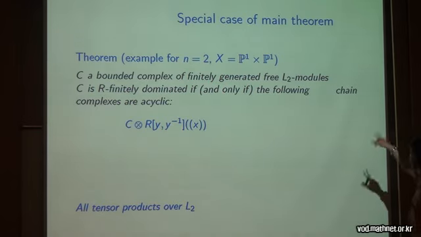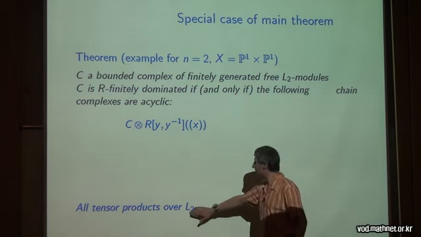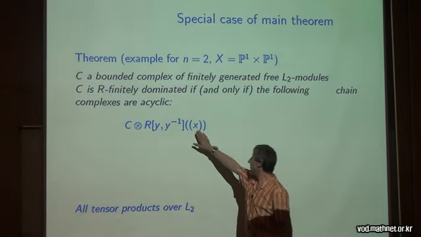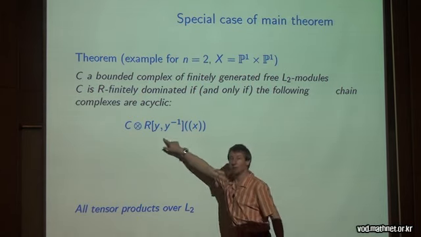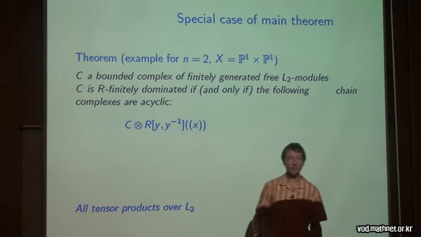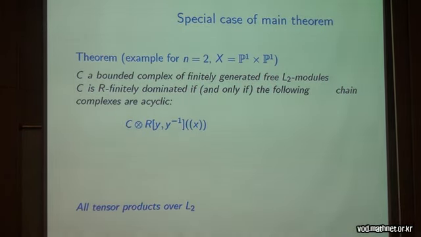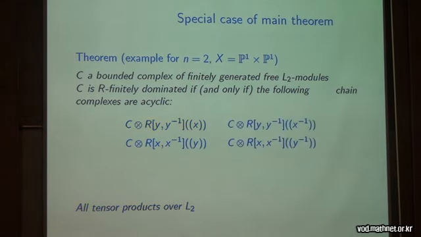This is kind of from older presentations where the 8 came as a surprise. So one of the conditions looks like that. You take C and you tensor over the Laurent polynomial ring in 2 variables with the Novikov ring in X over a Laurent polynomial ring in Y. Sorry, I switched to X and Y here rather than X1, X2. And that should be acyclic, and then you get 4 more conditions. These are the conditions that come from the edges of the square, P being a square. And then you get 4 other conditions coming from the vertices.